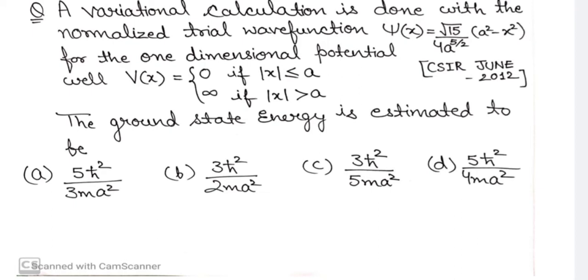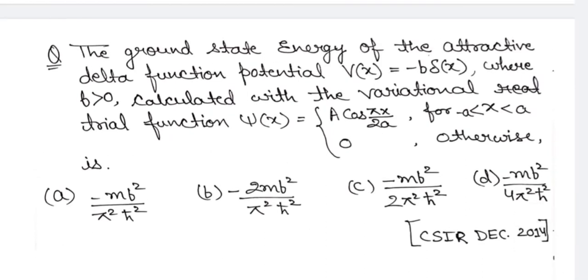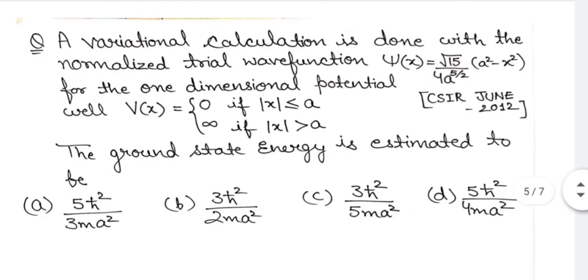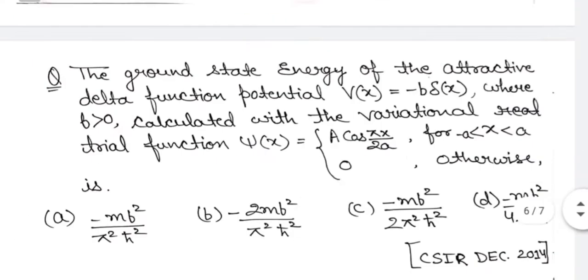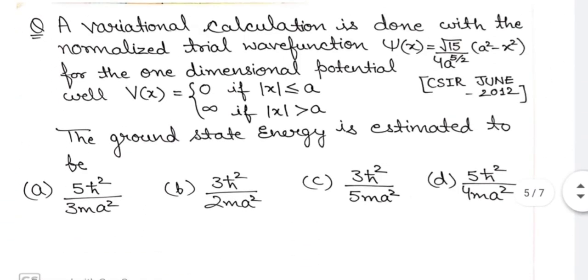The trial wave function is already given to us. So we take step number 1, in which we find the expectation value of the Hamiltonian. We need to find just the expectation value of the Hamiltonian in this case. If you are thinking that they didn't provide information about the kinetic energy and potential energy separately, you just need to consider the kinetic energy operator and the potential energy value, which is given as 0 here, and you can simply find it out.